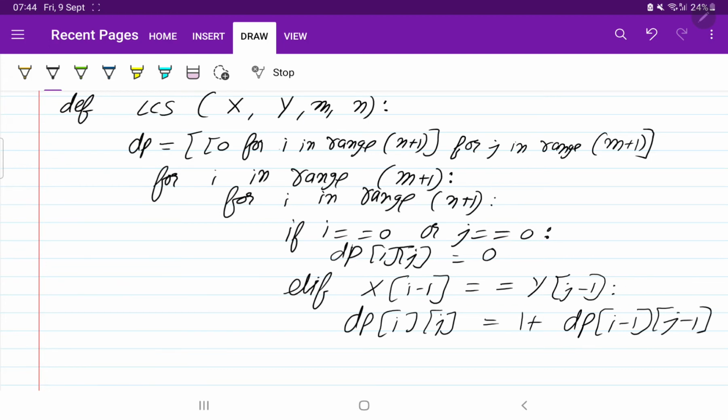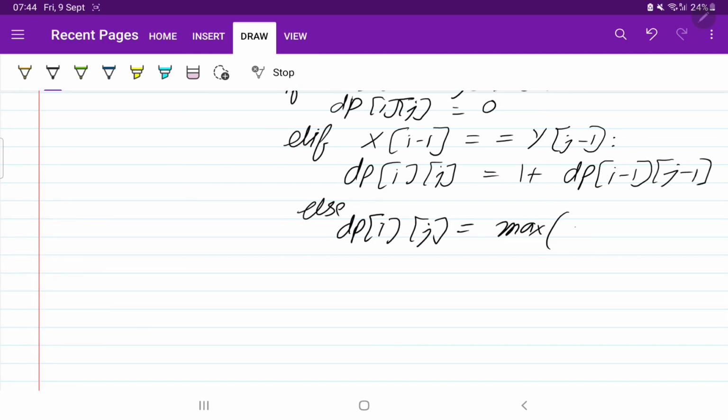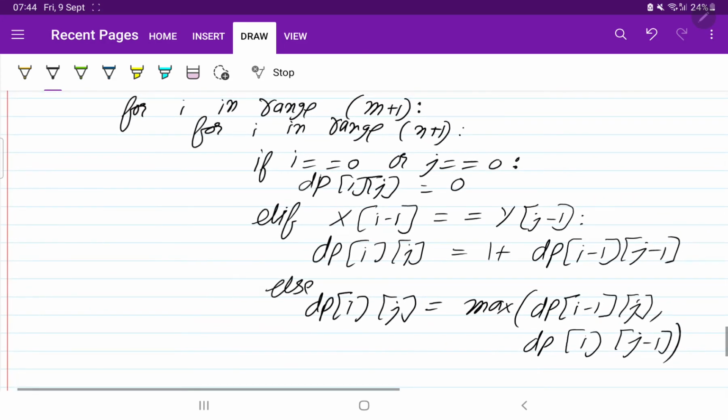This we were doing. And else, if the elements are not equal, we were filling the dp by taking the maximum of the two, that is dp[i-1][j] or dp[i][j-1]. Perfect. So this is done.